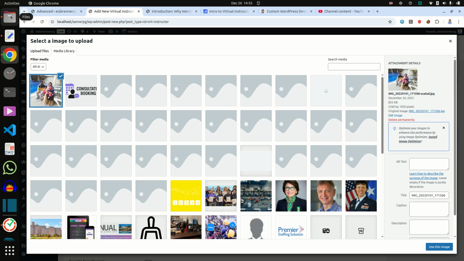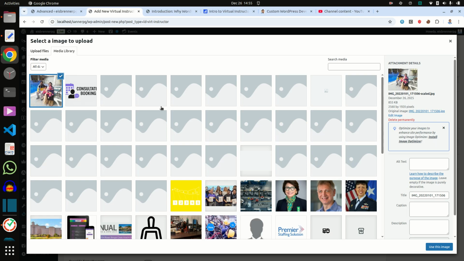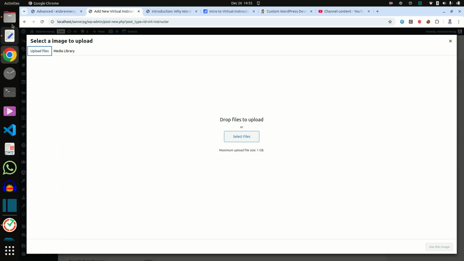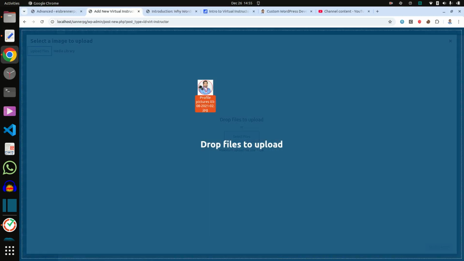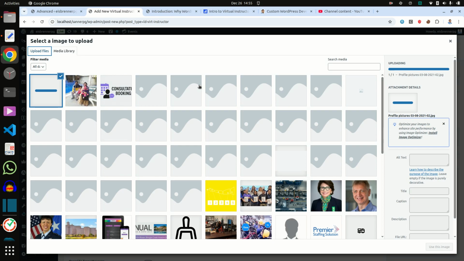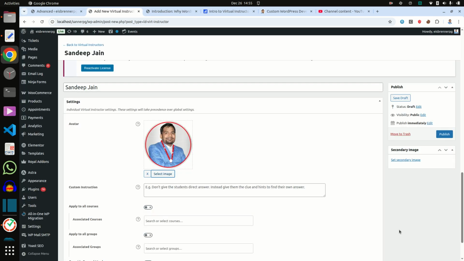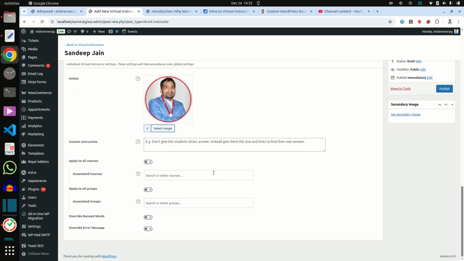Sorry, it is not good. Upload and drag. Drag will be good. And use photo, and now you can see many options here: apply to all courses or apply to a specific